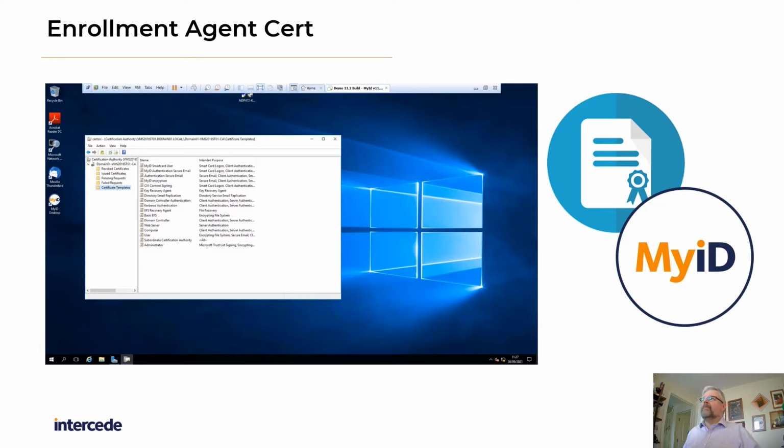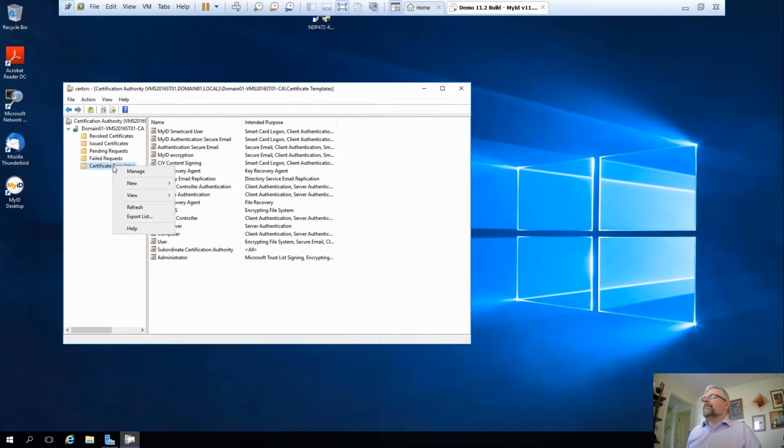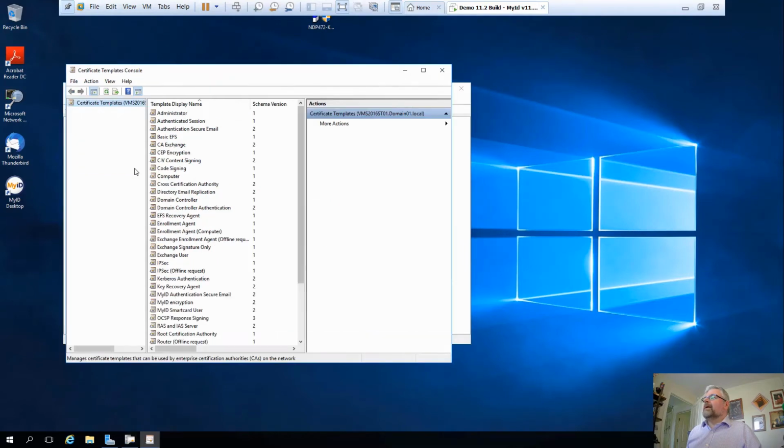There is an enrollment agent certificate template built into the Microsoft CA. We use this. This is what we do to request enrollment, to act as an agent in requesting enrollment of certificates for the end users. So it's well named. We need to have rights to that enrollment agent certificate. So you go into here to certificate templates, and we're going to manage those. And there is an enrollment agent template there already. If we look at the properties of that,